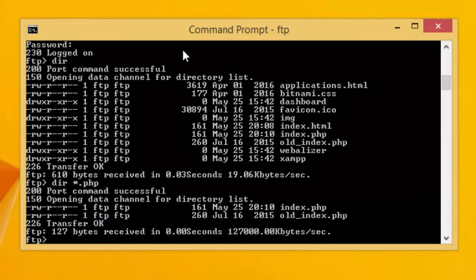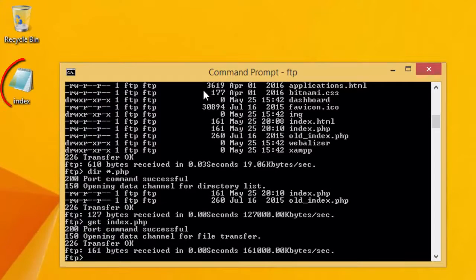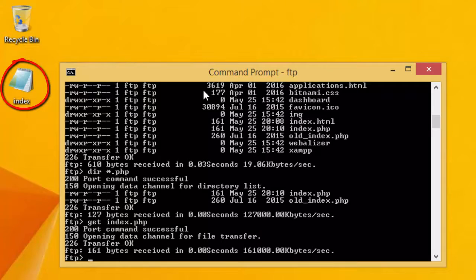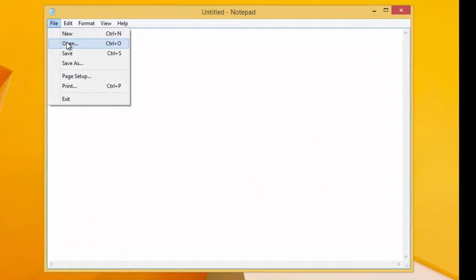To edit this page from this computer, we first need to download the file from the web server, and the command to do this is get. So we enter get index.php. Since we are at the desktop folder, anything we get from the server will be copied to the desktop as we can see here. To edit the web page, start Notepad, then from File click on Open, Desktop,